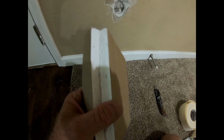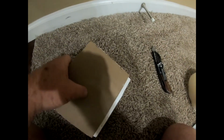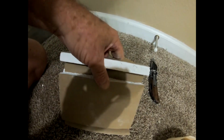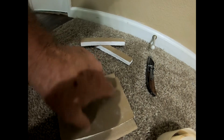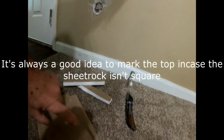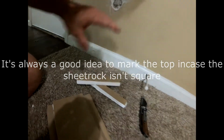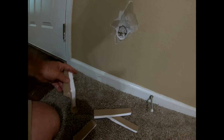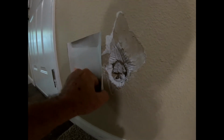Okay, I've got it scored, popped it back, got the other side scored. I'm just going to break it like that. It keeps it intact on the front. Yeah, it just peels right off. Now I score it here and here to make the top and bottom, and then I'm going to trace my pattern of this on the wall, cut it out, and it should slide right in. So basically, I fold it over, I line my piece of sheetrock up,